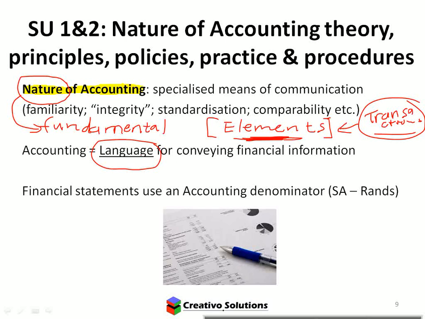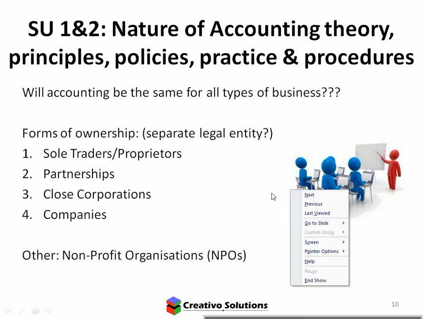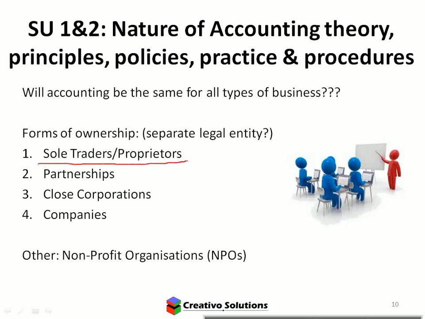You can't change that. Financial statements, you'll only look at at a much later stage in terms of disclosure. And then accounting denomination, obviously we're looking at rands, so everything we need to look at is in rands and cents. Types of businesses: the one that you guys are going to focus on, the first one. You're not going to look at partnerships, closed corporations, and CCs. The scope is limited to the sole proprietor.